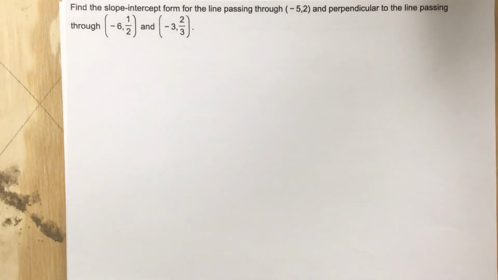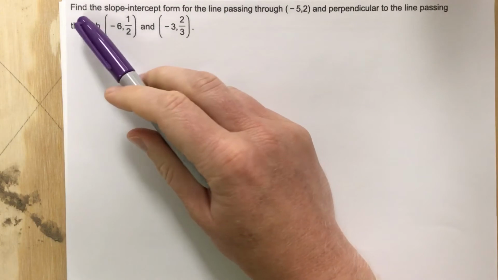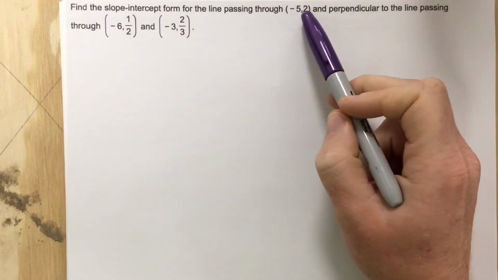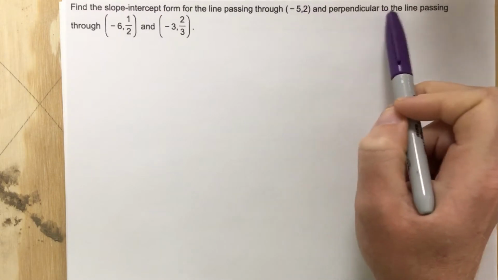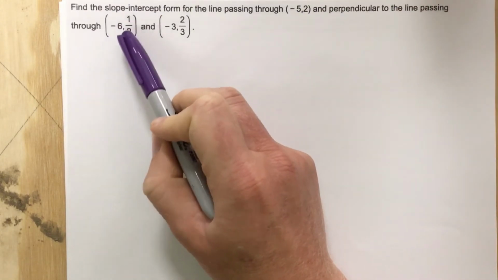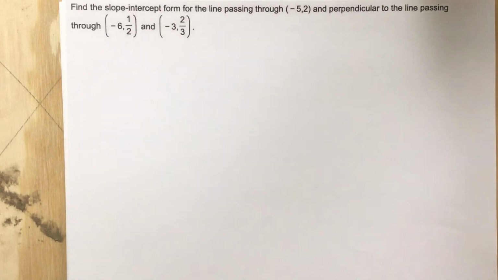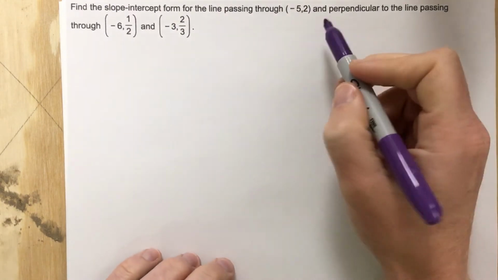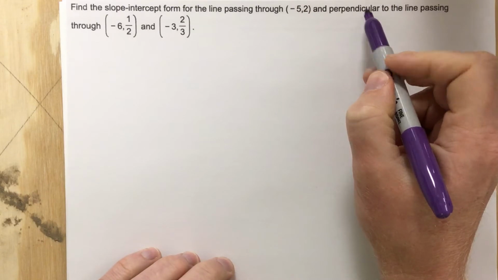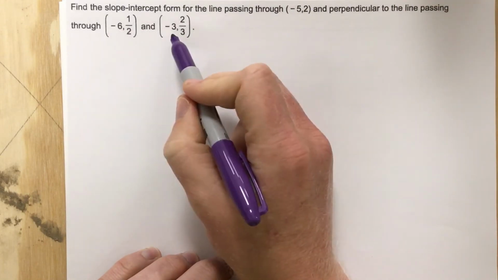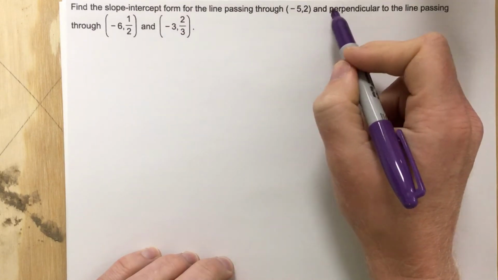This is problem number 3 for assessment number 1. In this problem it says find the slope-intercept form for the line passing through -5, 2 and perpendicular to the line passing through -6, 1/2 and -3, 2/3. So they want us to find a line that's perpendicular to this line that goes through these 2 points, and that perpendicular line must pass